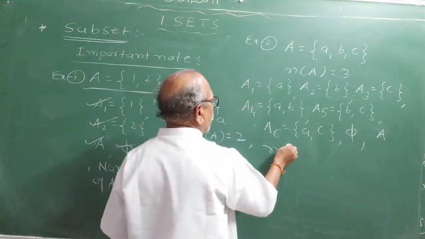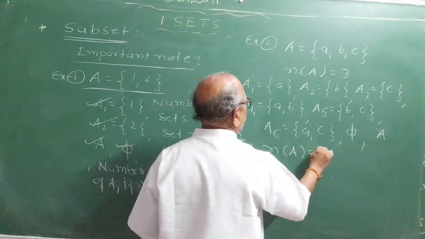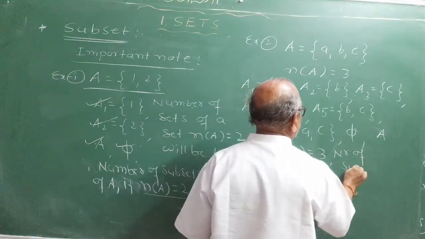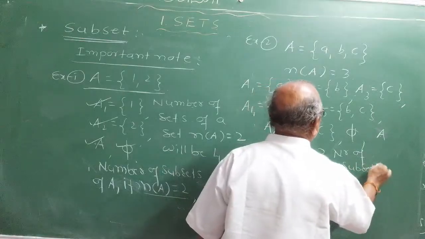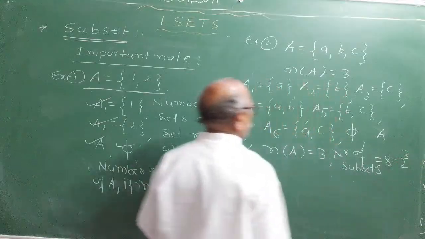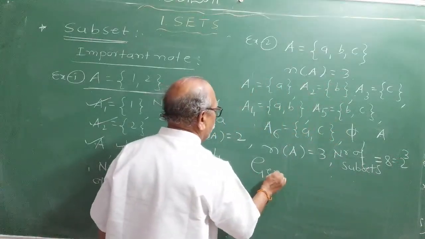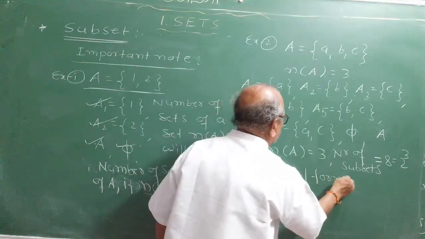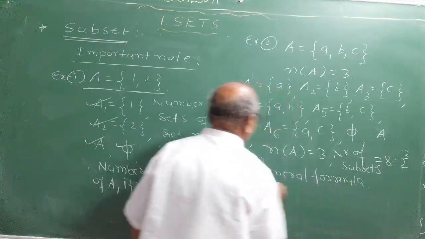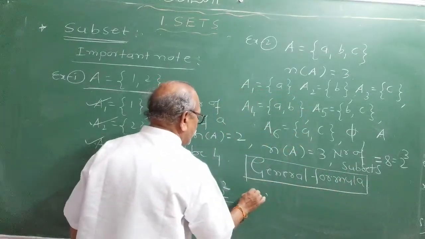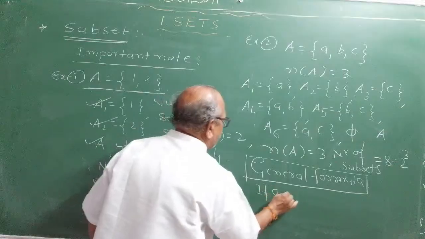8 became. If n of A is equal to 3, then the number of subsets became 8. 8 can be written as 2 cube. Can you generate a general formula from this? Now we'll generalize it. In general, if a set contains